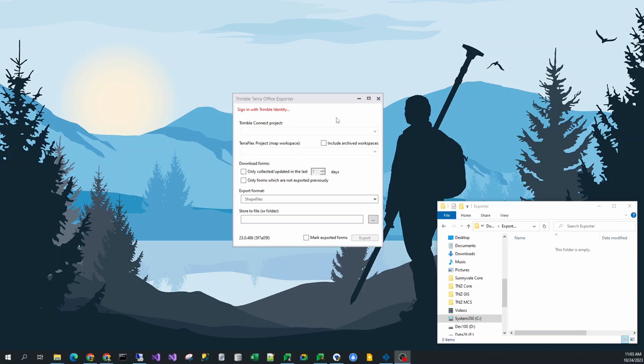Let's take a look. So here I have my Trimble Terra Office Exporter window running on my desktop. I'm going to go ahead and click to sign in with my Trimble identity. You must have a license of Terra Office Basic or higher in order to use the exporter. Once this signs in, I'll see a list of the Trimble Connect projects that I have access to, from which I can pick one,